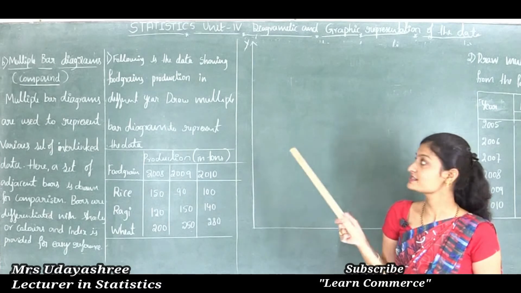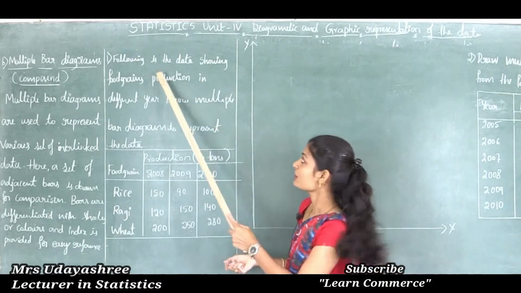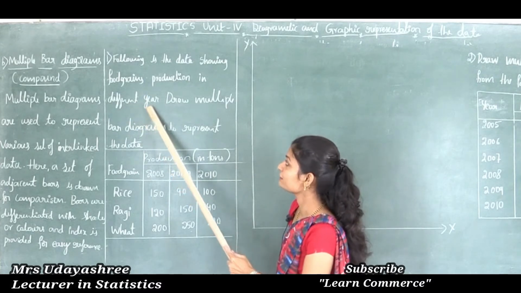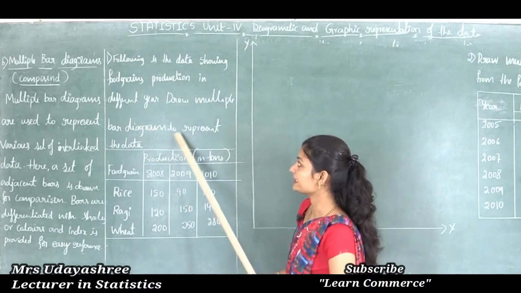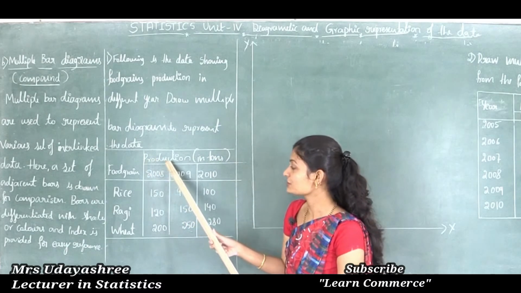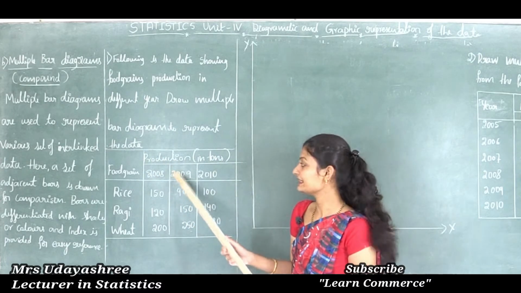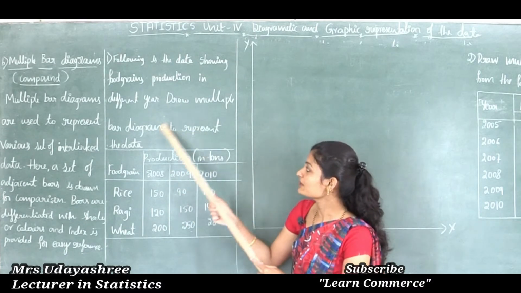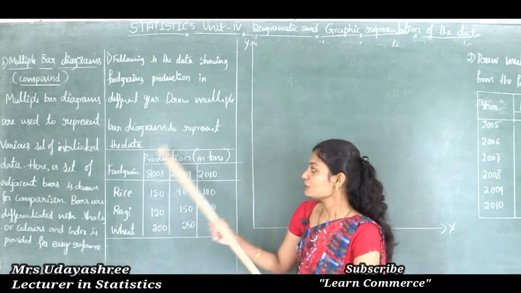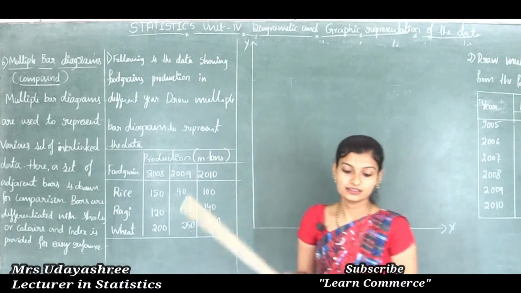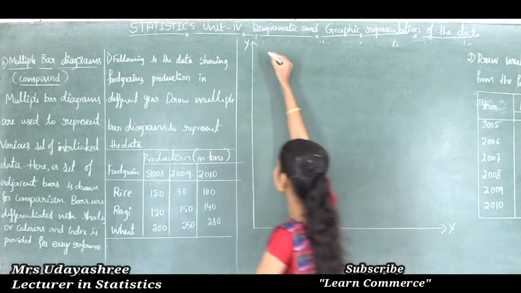The problem is: following is the data showing food grains production in the different years. Draw multiple bar diagrams to represent the data. Food grain productions are given in 3 different years. Therefore the suitable title is multiple bar diagram representing food grain production in 3 different years. Therefore the title is like this, that is